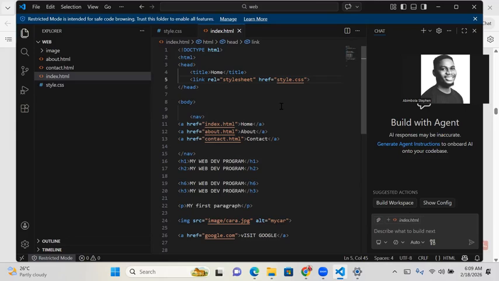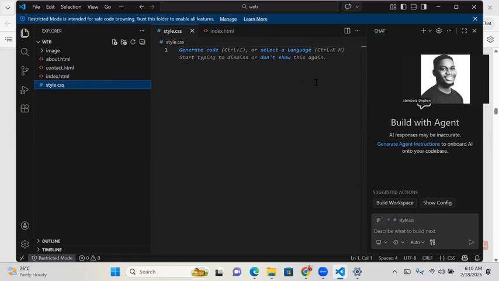And how do you know if it is working after you've linked it? Since you have linked it together, the first thing you have to do is to go to your style.css file and write a simple code to style any of the elements you can see inside this index page. So we're going to choose this H1 here and style this H1 element. Let's style the H1 element through the external CSS we just created. How do we do that? We come to this style